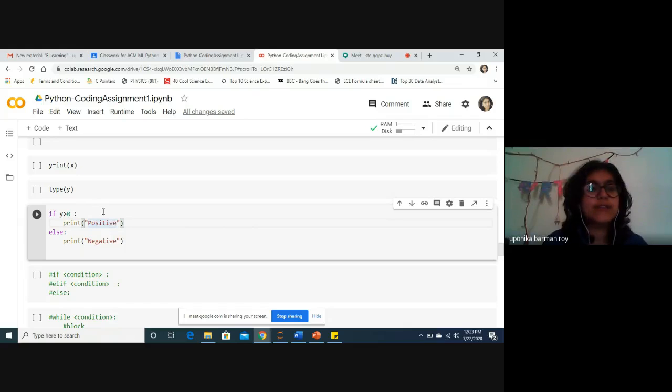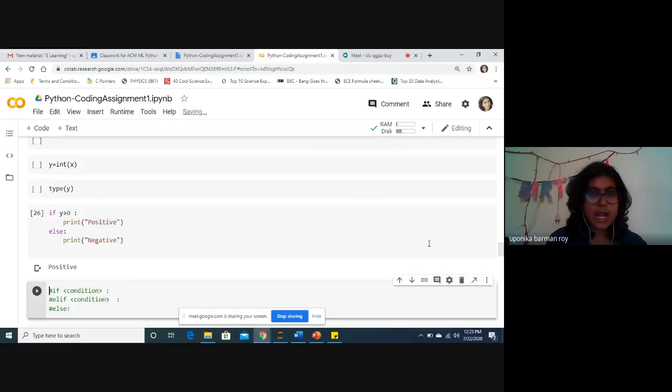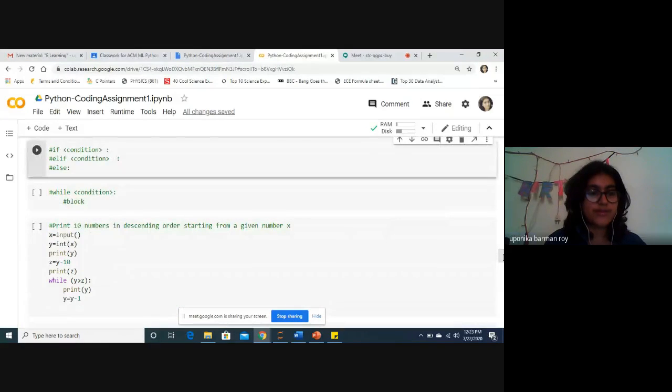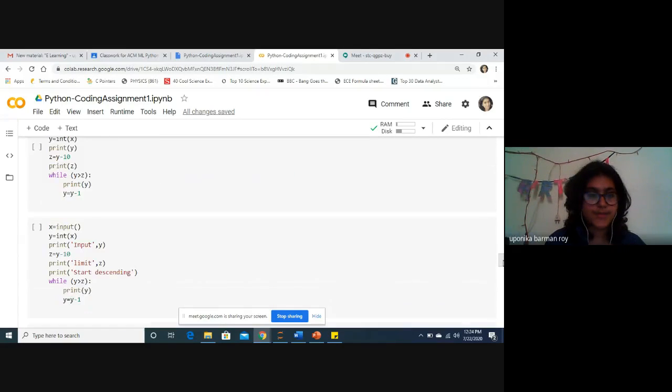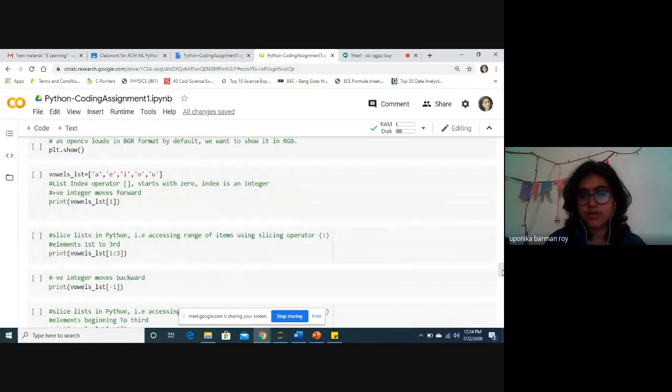Similarly, in our code, if y is greater than 0, it will print positive, else it will print negative. We have various examples of if and else statements, so I'm leaving these for you to explore in your assignment 1.